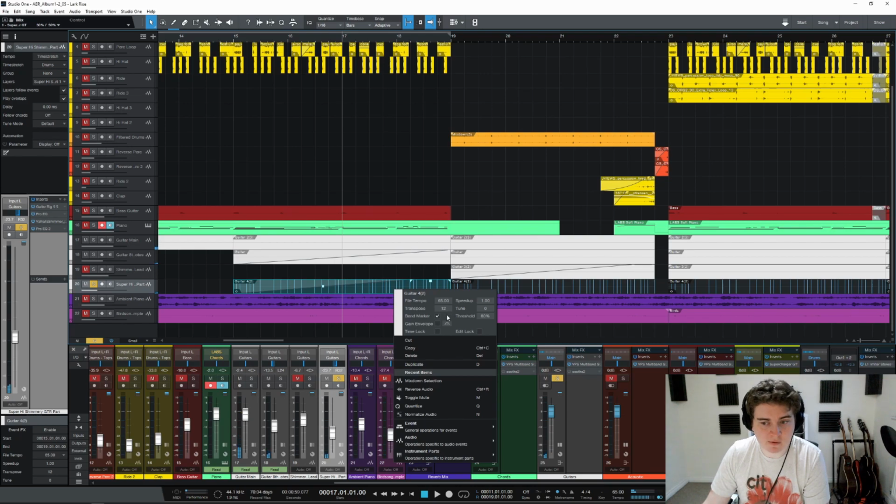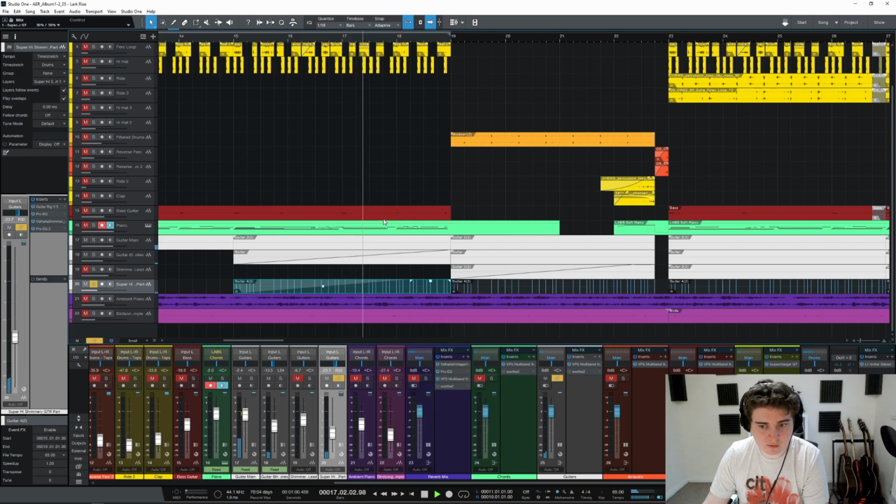I've actually transposed this part up an octave. So if we transpose it down, it still sounds nice, but it doesn't sound quite as high and dreamy. It still sounds pretty dreamy. If we remove the shimmer though, you can actually hear what this part was originally,